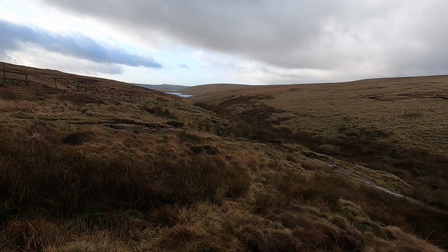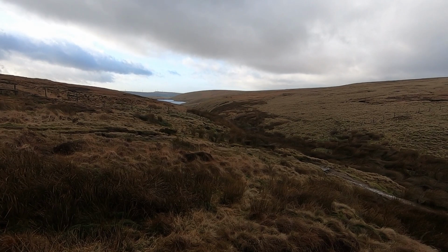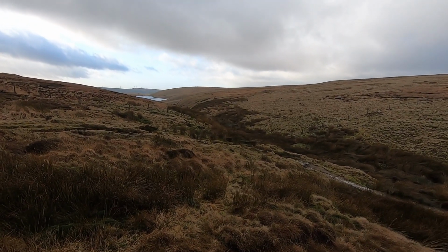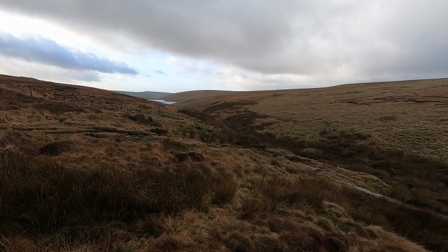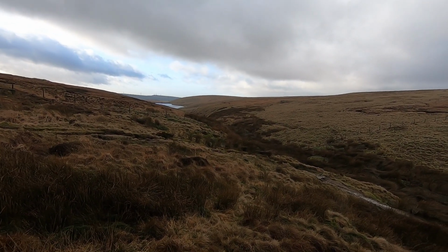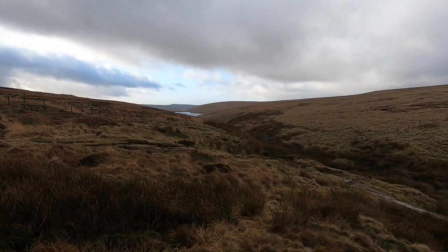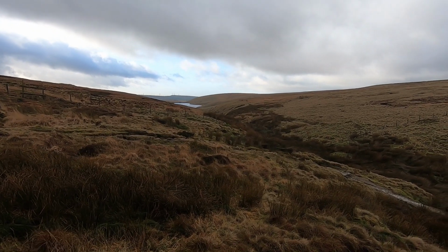I've just stopped here to show you this valley and this res, Reddick-and-Dean res in the valley of Reddick-and-Dean. The slopes that you can see ahead on the right side of the valley is one of the best local flinting areas, and it's been known so since about 1880. There are records in the local studies library of Rochdale, of Victorians coming here and finding arrowheads and all sorts of stuff. I started coming up here in the 1990s,